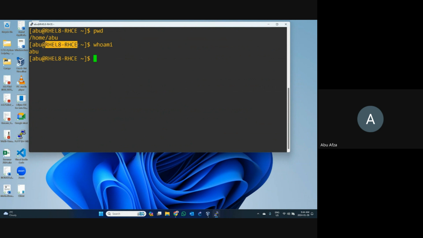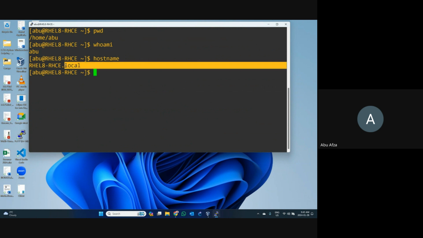The rest is the host name or your server name. If you are using a server, then you can see more things. If you are not using a server, write down hostname and press enter. If you are using it without a server, then you can see this option. And if you are using a server, then there will be something after the dot.